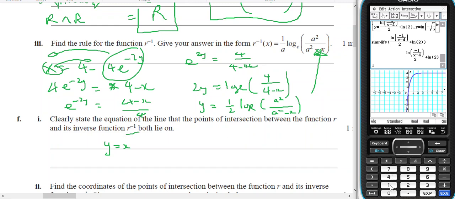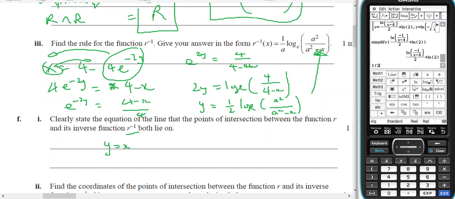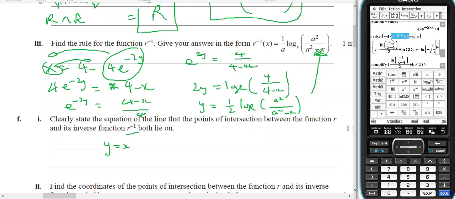So if I was to put 1 divided by 2 of log base e of fraction 4 on top of 4 minus x, close that bracket, and let's make that equal this, which is the rule for R, copy, paste. And if I solve for x,